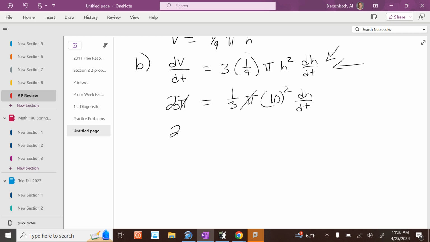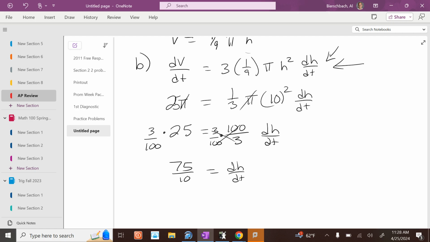So pi's cancel on each side. So 25 equals 100 over 3 dh dt, because 10 squared is 100. If you multiply by 3 100ths, dh dt equals 75 over 100, which is 0.75. And this would be inches per second, right? Yep, inches per second. So, Mr. Martin, when you skip from here to here,